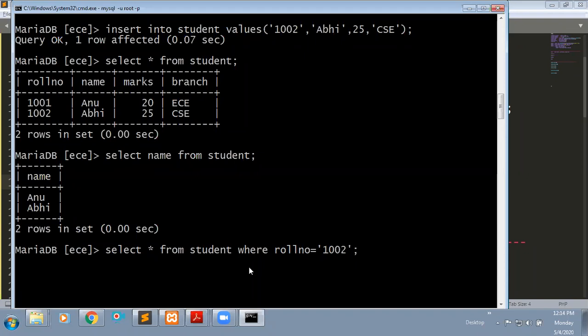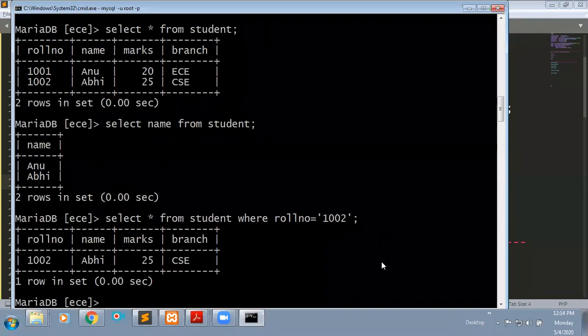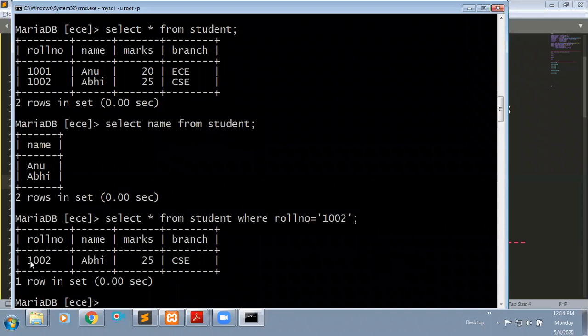I'm going to retrieve only a single row from my table. For that, just use the statement select star from student where roll number equals 1002. Now you are able to retrieve one row from your table.